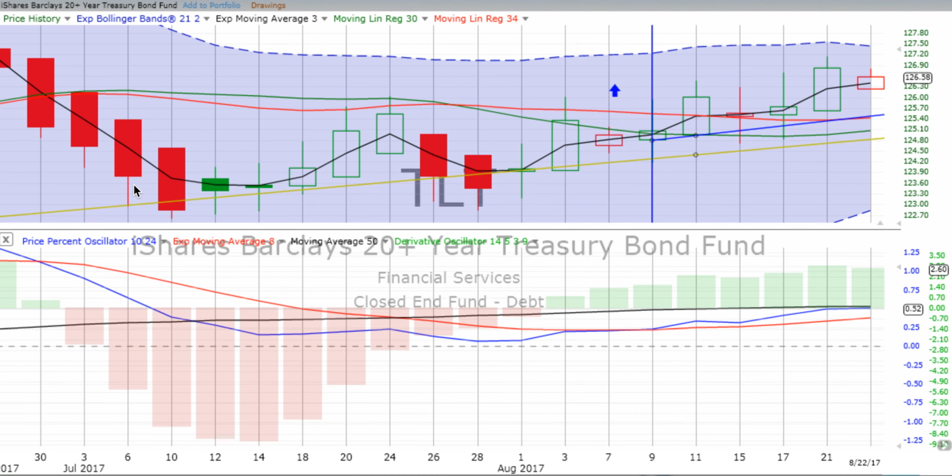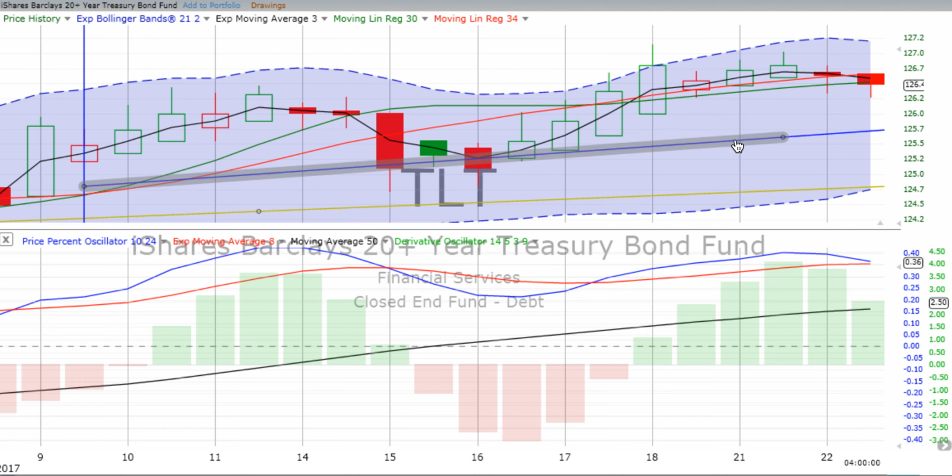Let's check out that 4-hour chart. It is getting close to crossing over, going down. Derivative oscillator is still positive. So again, keep an eye on that in the morning. If the up movement in the stock market continues, then of course you can expect bonds, which are typically inversely correlated, to move down. If you do have a crossover on that 2-day trend line, be very cognizant of that,